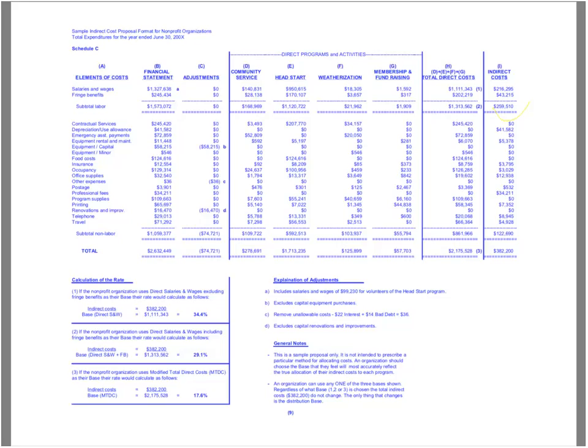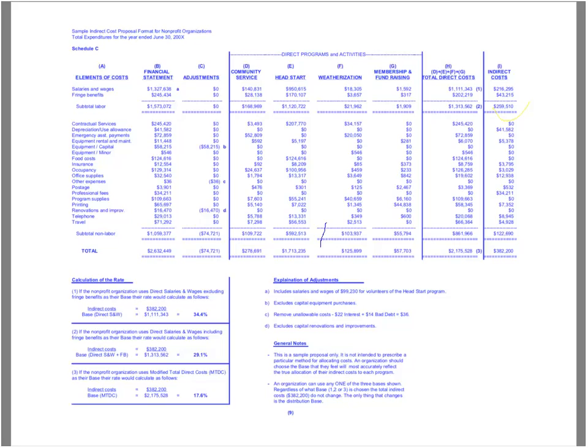This is the rate submission Schedule C that we looked at last week. And I think this is illustrative so I can explain to you. This is DHHS's model in developing an indirect rate. Let's see if I can move this up a little bit. No, I can't. If you notice here,